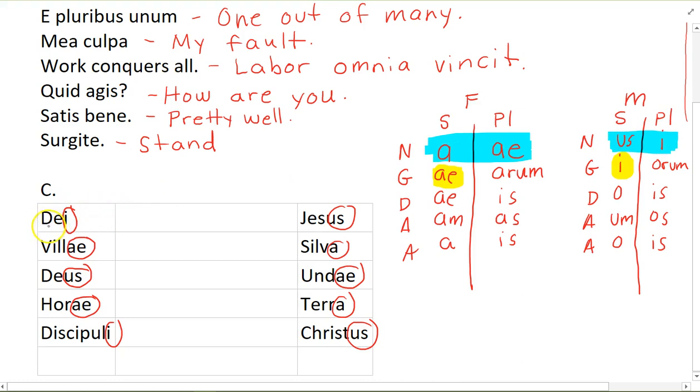So now, deus, dei, God. Ooh, I can't write it like this. What's wrong with that? This is the plural of God, and it's gods. But there aren't more than one true God. So when we do gods like that, we've got to put it down like a false god. Gods, like that. There we go. Villa, villae, that's a new word. It means farmhouse, but the I is on the plural side, so it's farmhouses.